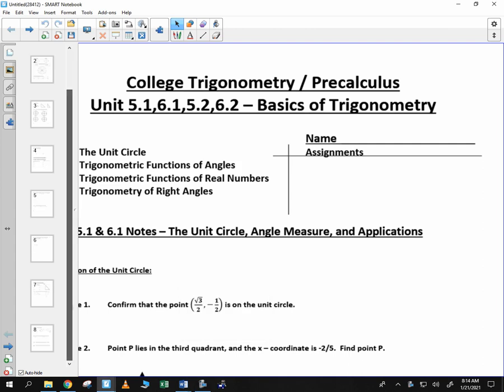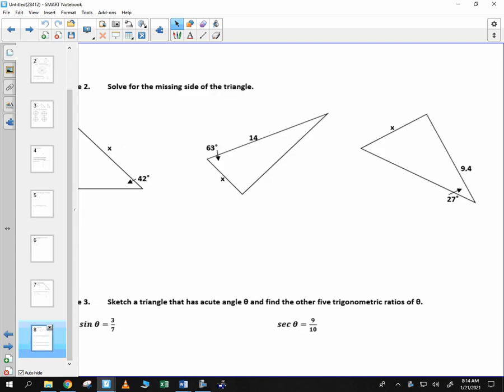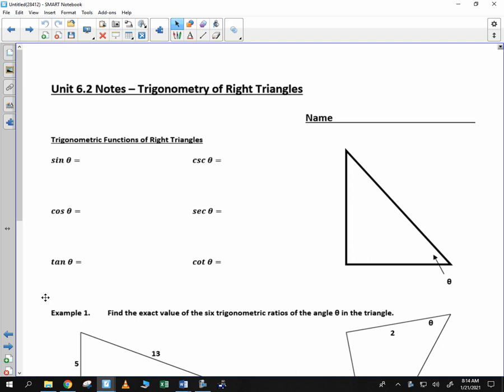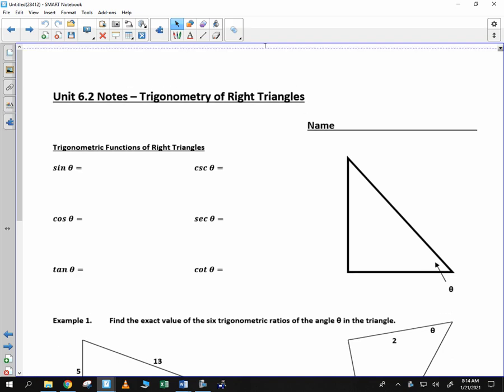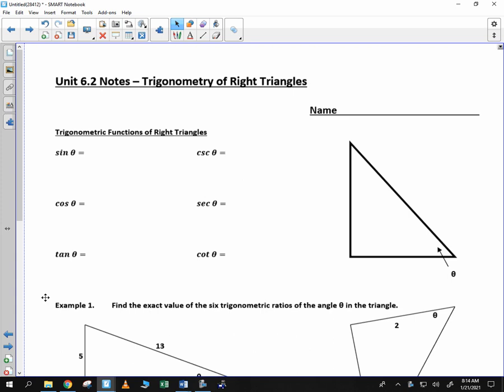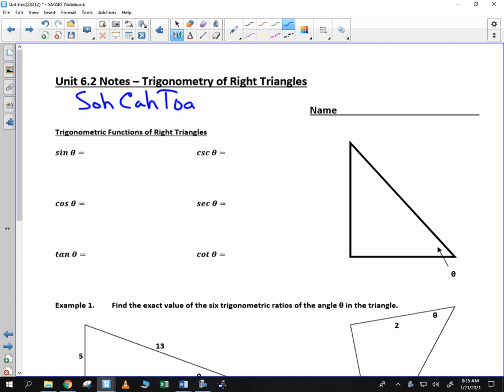Okay, college trigonometry students, we move to our last section, which is the trigonometry of right triangles, something that we often refer to as SOHCAHTOA, something that you should have seen in geometry. And so we have identities for our trigonometric functions. Given a right triangle with an angle of theta,